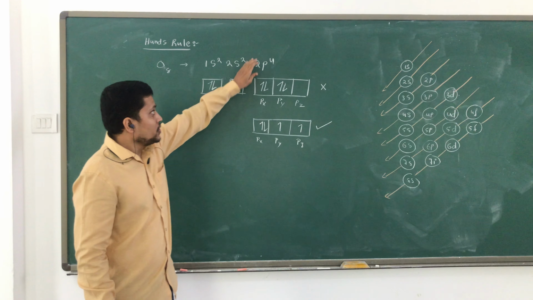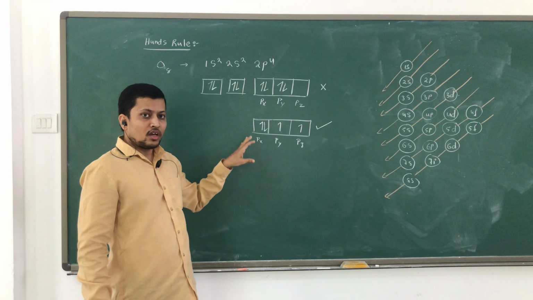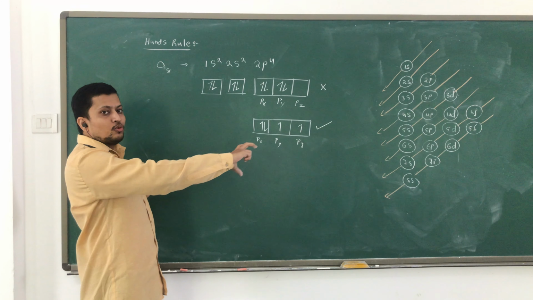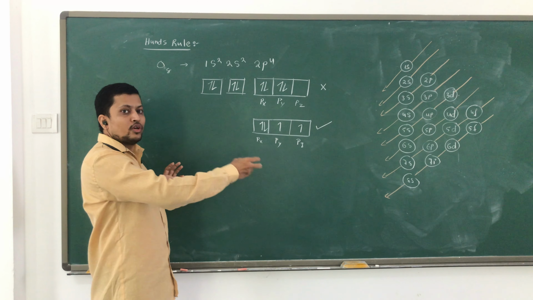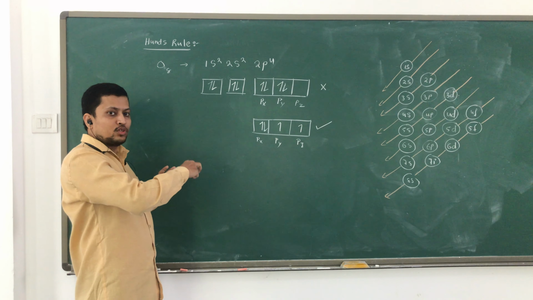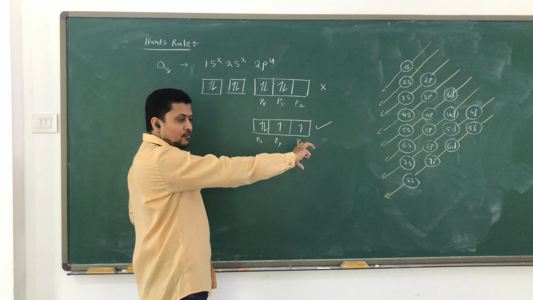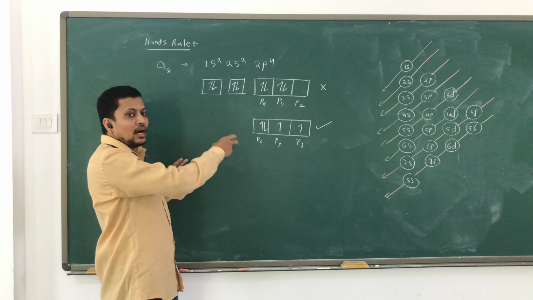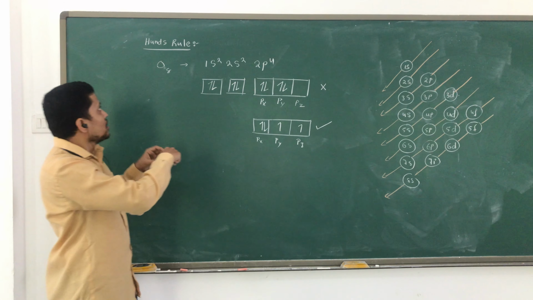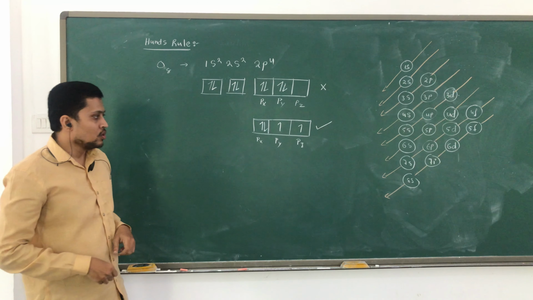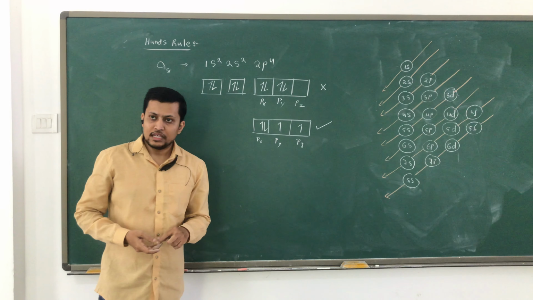As with this p orbital, in the d orbital also you are going to fill singly first, then pair them with the opposite spin. First they are filling with the same spin, all of them half filled, then fully filled they become paired with the opposite spin. So this particular rule is called Hund's rule. Hope you understand this part as well.